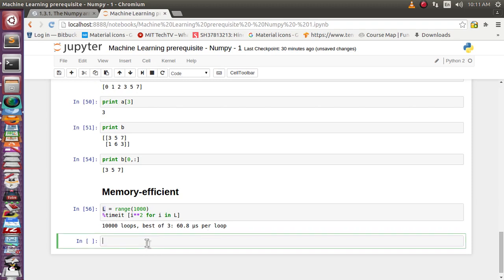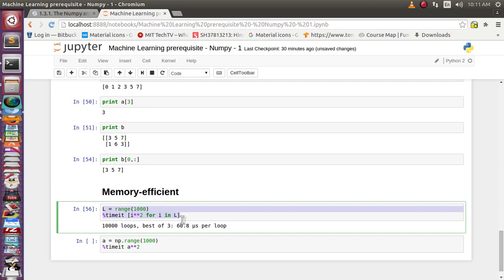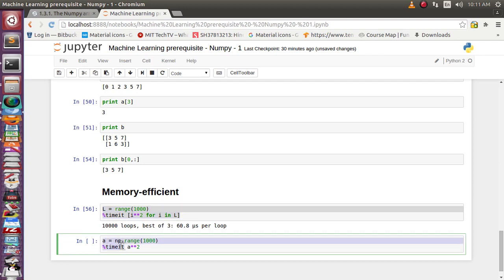Now suppose let's generate this same array with the help of the numerical Python library, and we want to do the square with the numerical Python function, timeit. This will do exactly the same operation that we did with the help of the for loop here, but here it will apply parallelism on top of it.